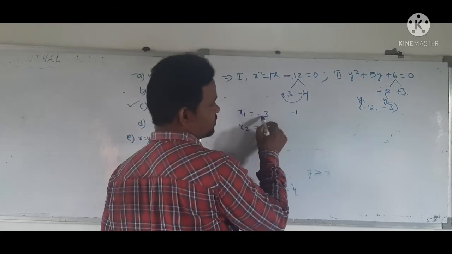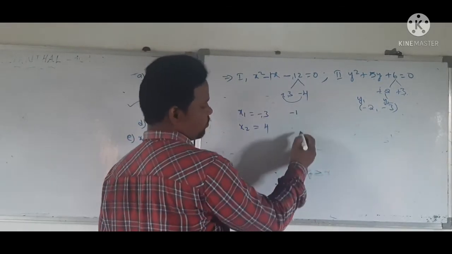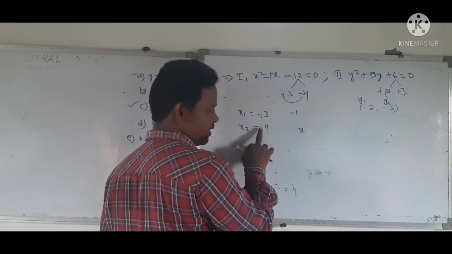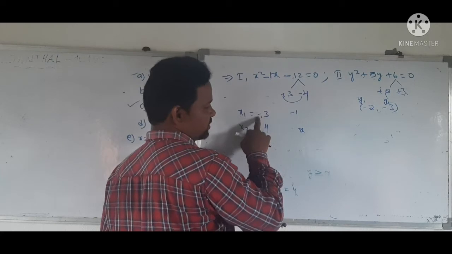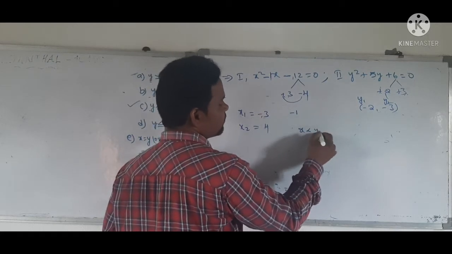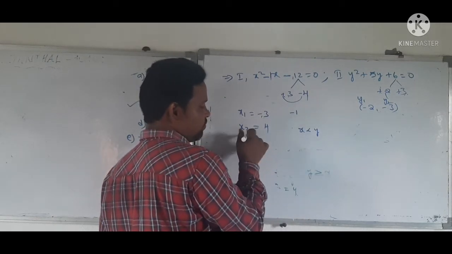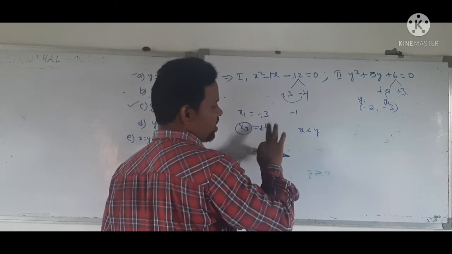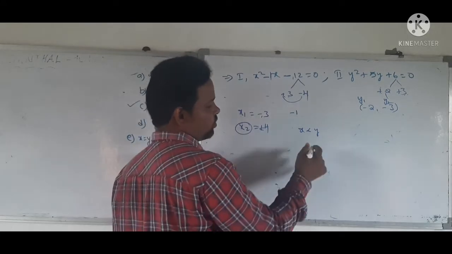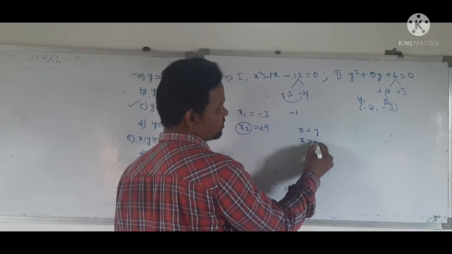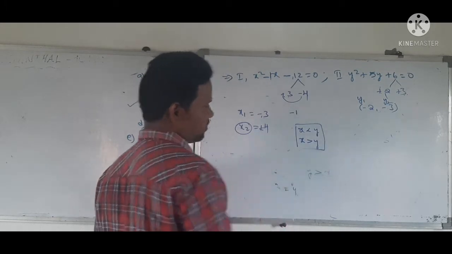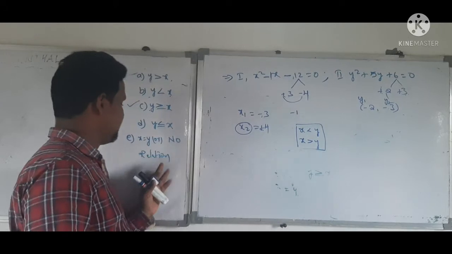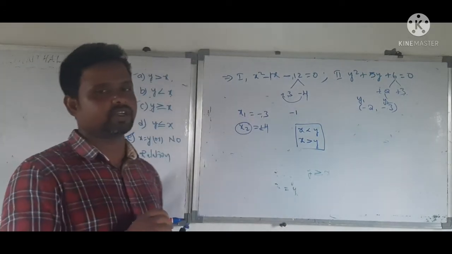Just observe here. Minus 3 is less than minus 2. First case, observe here, minus and minus. In the first case, x is less than y. But if we compare with x2, this is a positive value. A positive value is always greater than negative. It means in another case x becomes greater. That's why there is less than and greater than. It means there is no relation. It means our answer is option E.